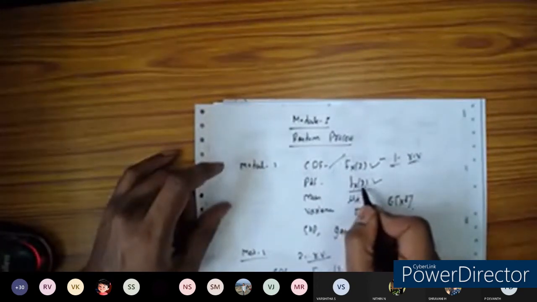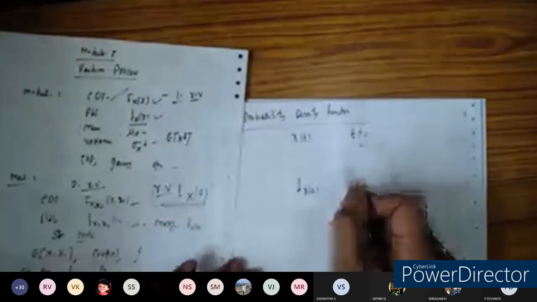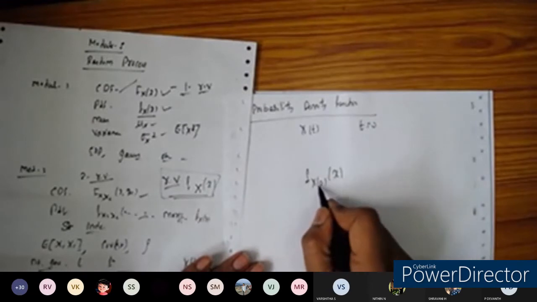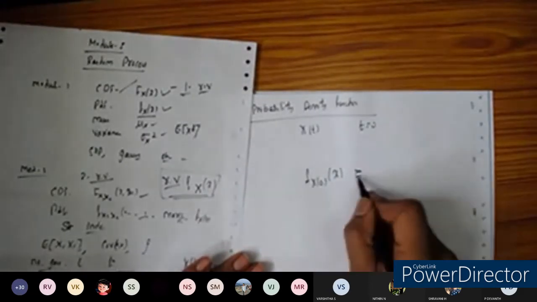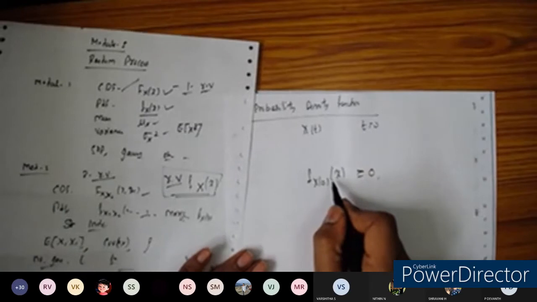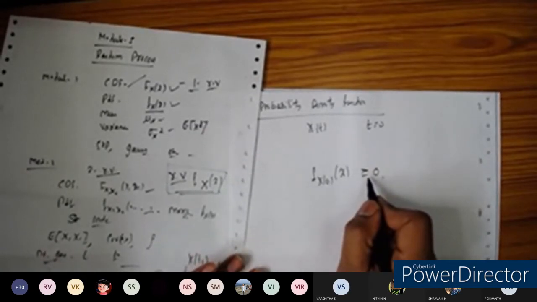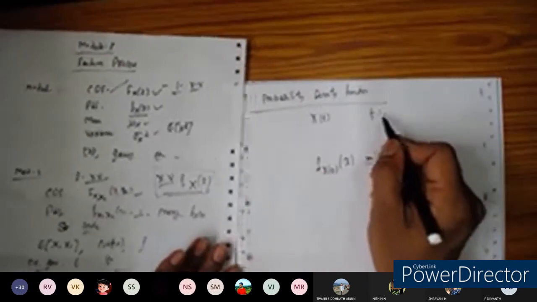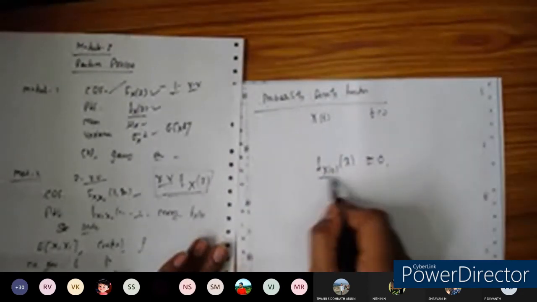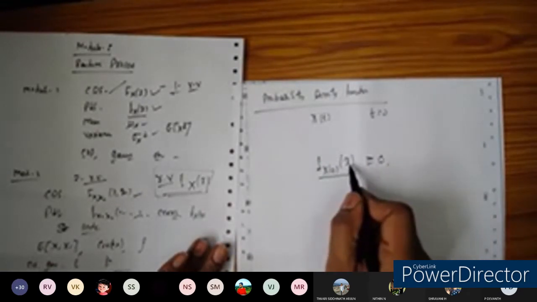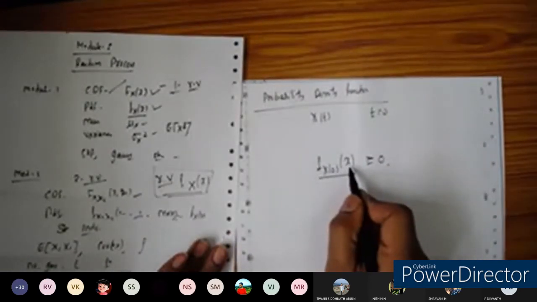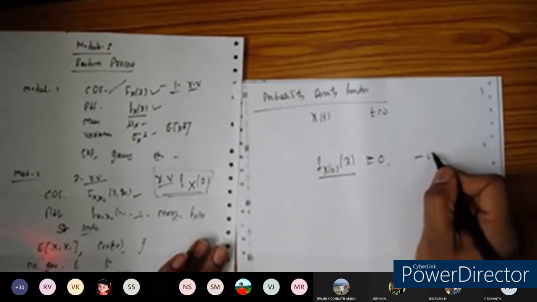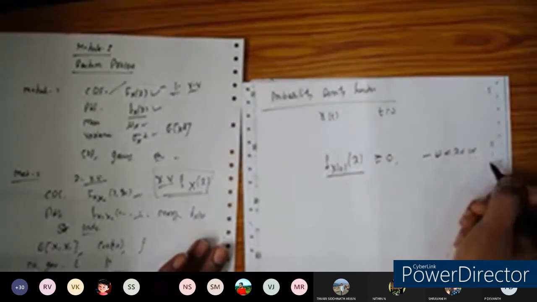Now I'm going to take the time t is equal to 0, so the PDF of the corresponding interval I can define as fx0 of x, greater than or equal to 0, because we always know that the PDF value is always greater than or equal to 0. So for the random process x of t at time t is equal to 0, I'm measuring the PDF, which we define as fx0 of x. Here x is the random variable, and it can take values from minus infinity to plus infinity.